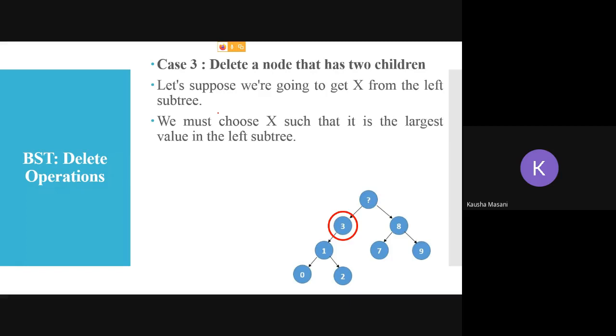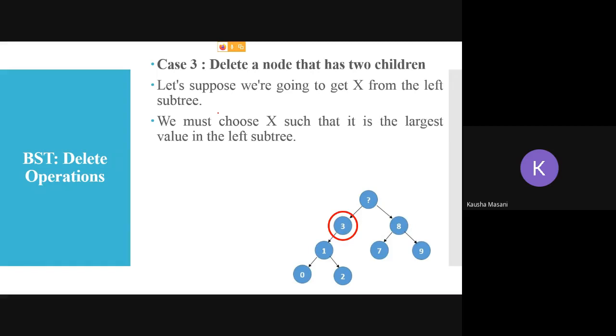Again I'm repeating, the value of x, I am choosing from the left side. Now the rule says that if you are choosing the x value from the left subtree, you have to select the largest value which is present in the left subtree. In the given example here, 3 is the largest value.